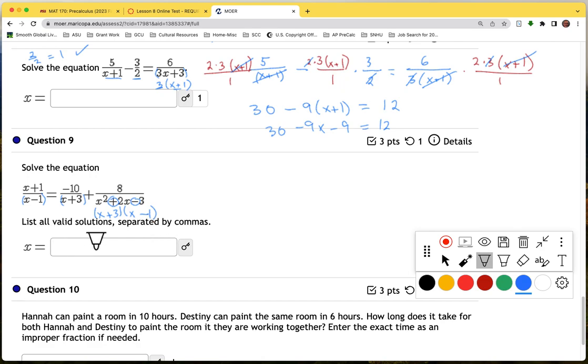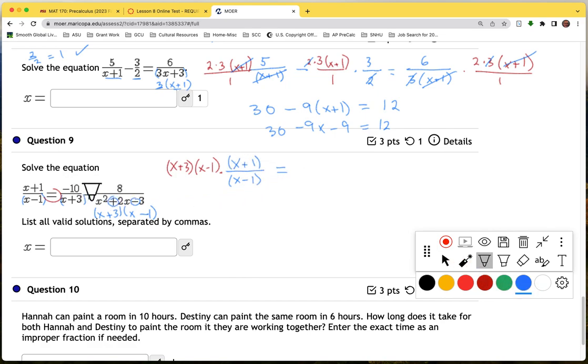So what we want to multiply both sides by is x plus 3 times x minus 1. So let's come up here and rewrite it. We get x plus 1 in the numerator, x minus 1. So I'm just rewriting that first term. I'm going to put parentheses around just so we know what's happening. And what we're going to do is multiply this one, x plus 3 times x minus 1. We're actually multiplying this whole side by that, and we'll see it hits here and then it distributes. Oh, actually, we got our equal sign here. So then we get